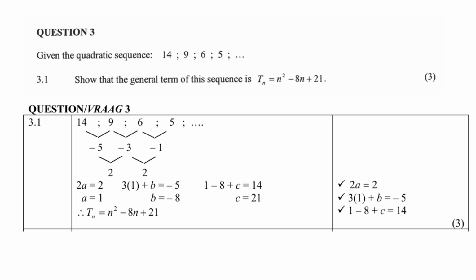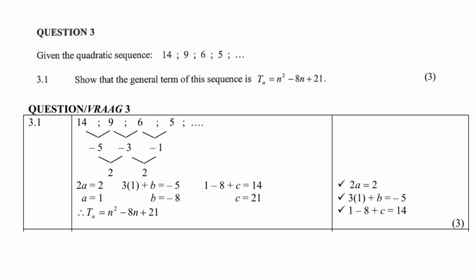Once you've done that, now you start with 2a. Now 2a is equal to the second difference, the 2. So always remember that 2a equals the 2. Where is the 2 coming from? From the second difference. Then therefore a equals 1. Then you do 3a plus b. Now 3a plus b equals negative 5. Where's the negative 5 coming from? It is the first term of the first difference. Remember now? And then you get b equals negative 8.